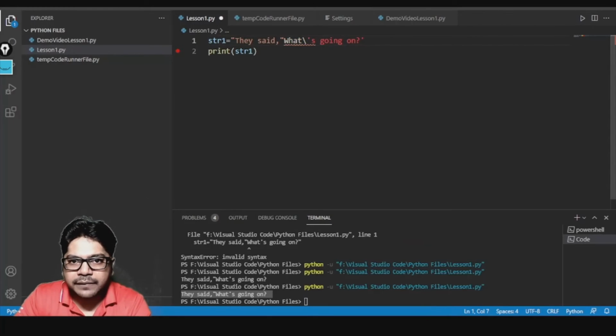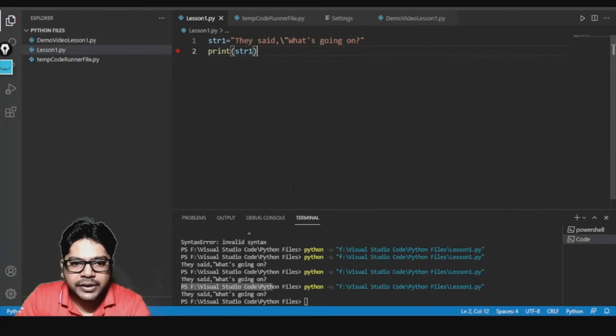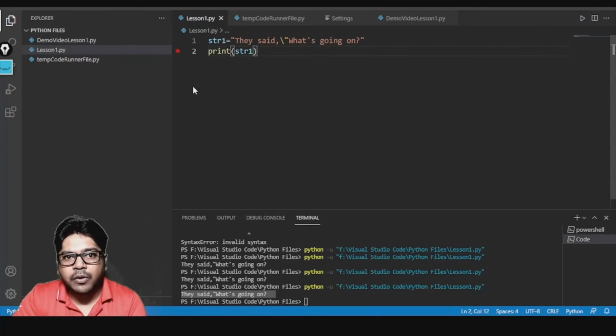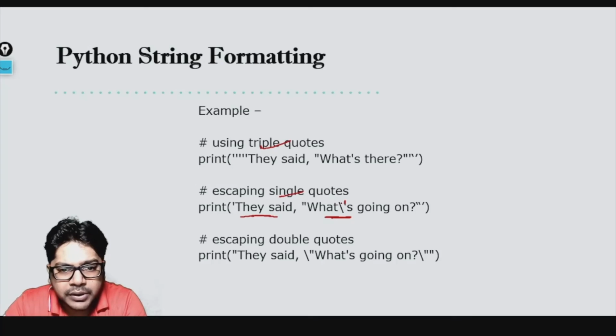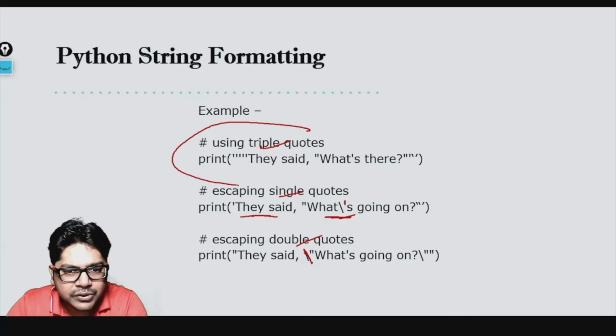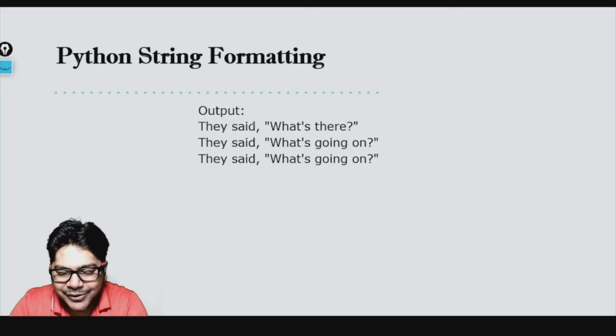Now let's suppose I'm putting double quotes. Where is it giving me an error? It is giving me an error here. So if I put a slash here, will the problem get solved? I guess the problem gets solved. See, we are again getting the output, right? So this is called an escape sequence. Wherever I wanted to insert another double quote or single quote, I put a slash over there, and that way your problem can be solved. So to escape a single quote, you put a slash before the single quote. If you want to escape the double quote, you put a slash before the double quote, and that will be escaped. Or the other way is to use triple quote and write whatever you want to write. Everything is going to be okay.